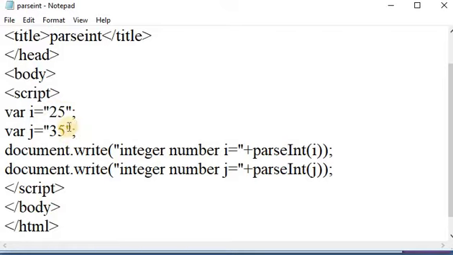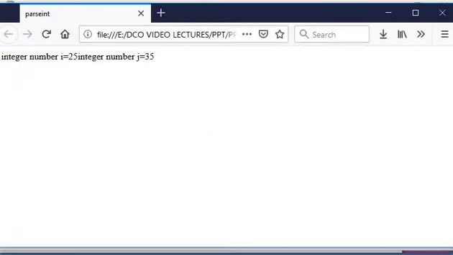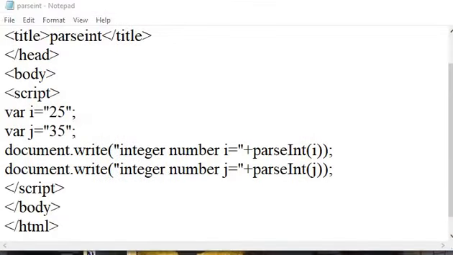Suppose you convert these into whole numbers and again add these two numbers, it will return 60 because you converted the string to a number. Let us see the output of this program. This is the output of our program.